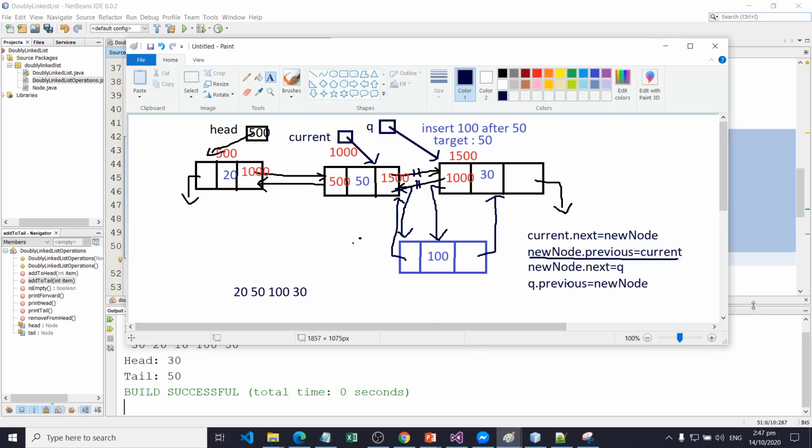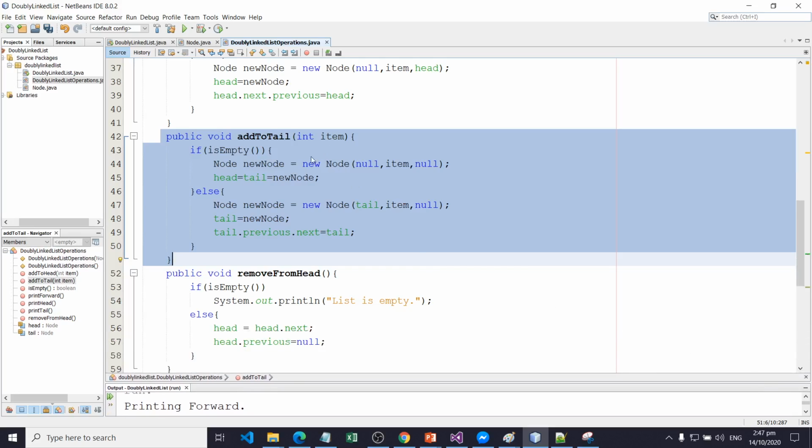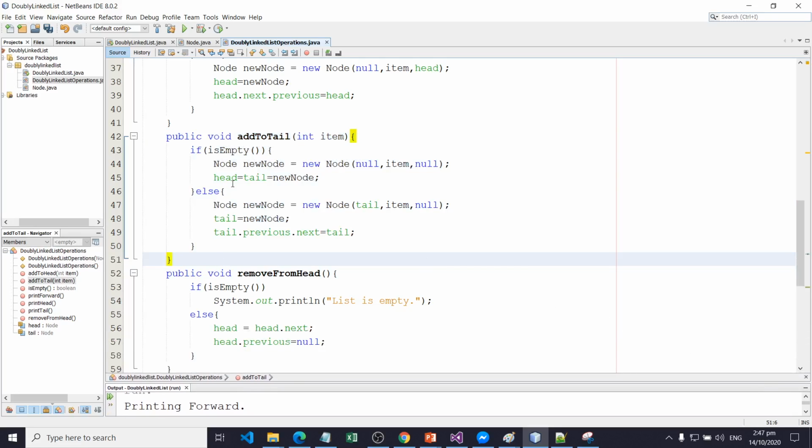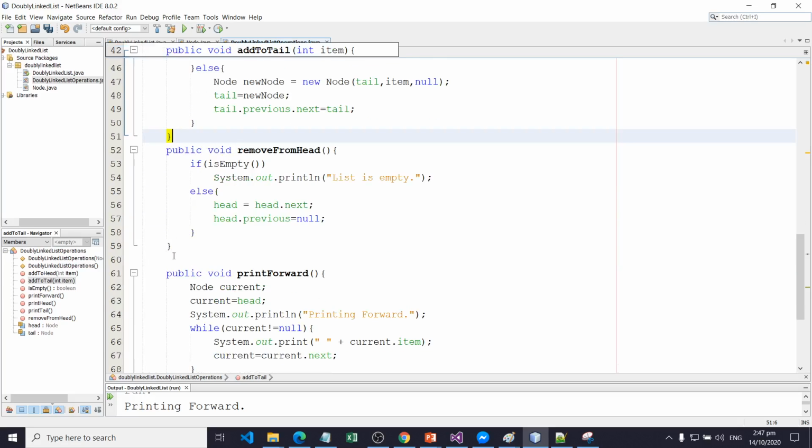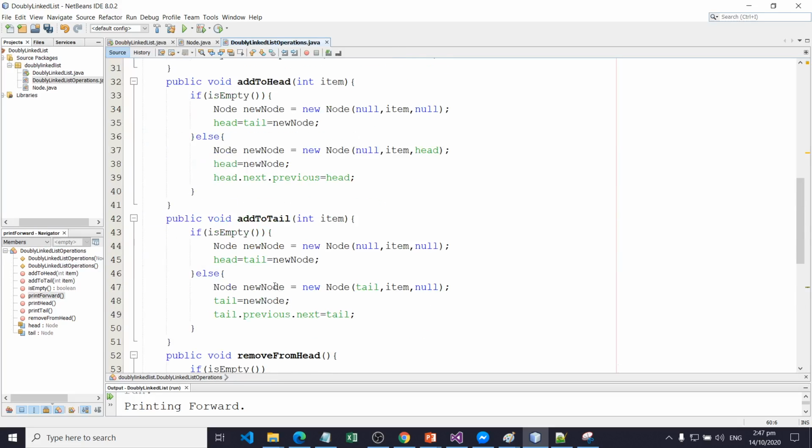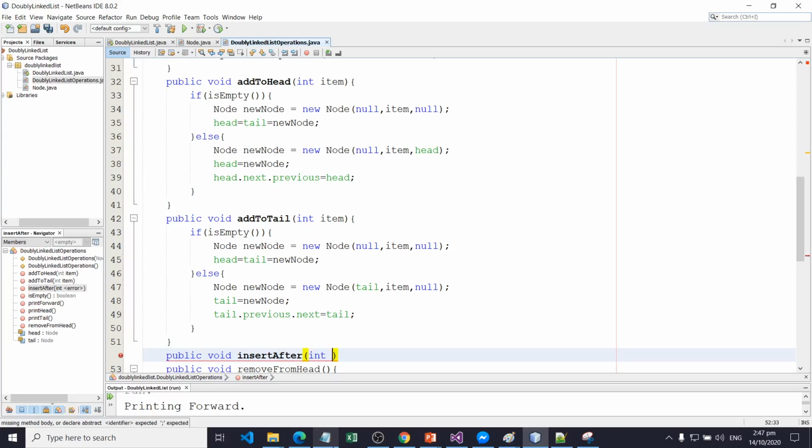For the coding, we have to add another method, insert after, and we have the target of type integer and the item to be inserted.